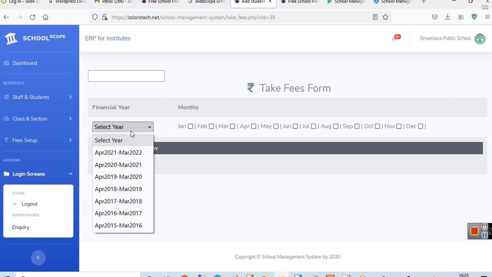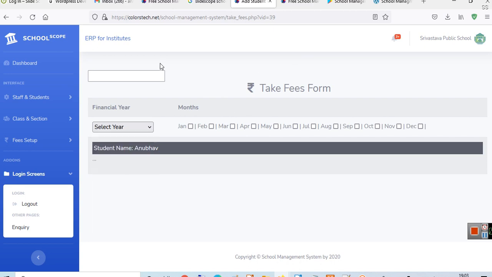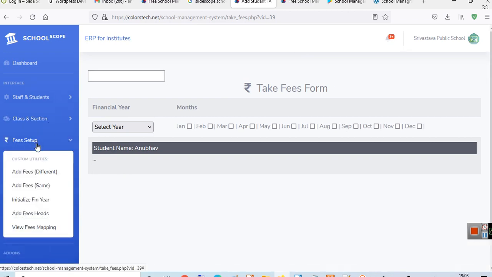So April 2021 to March 2022, this is the current financial year. First of all, you have to select the year and then you have to take fees from them. Before doing all this, we have to go to fees setup, and then we have to add fee heads.